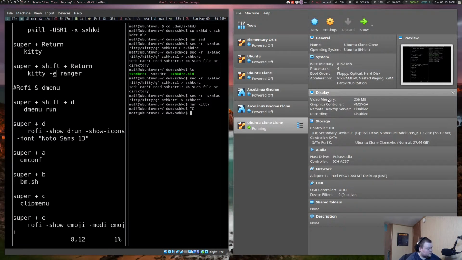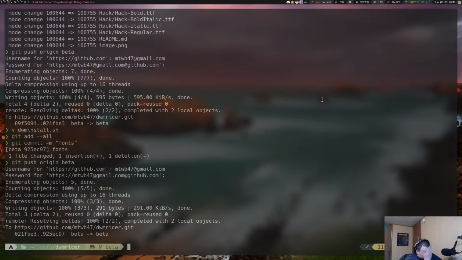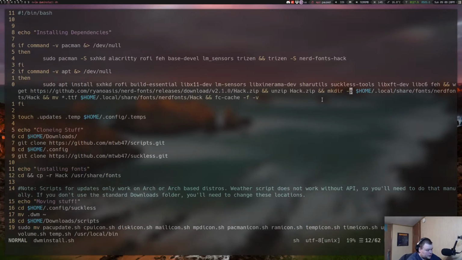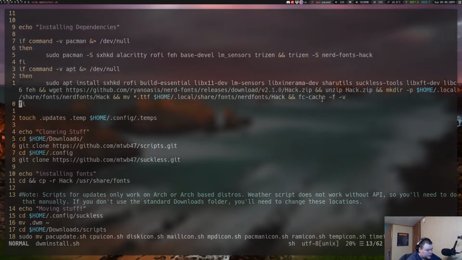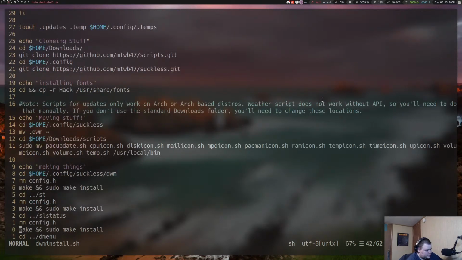Okay, get out of this. Okay, so we're going to go to, I think it's 3. Yeah, all right. So vim into dwm install. We'll zoom in some more here. All right, so what I need to do is here at the end, once everything's done again,